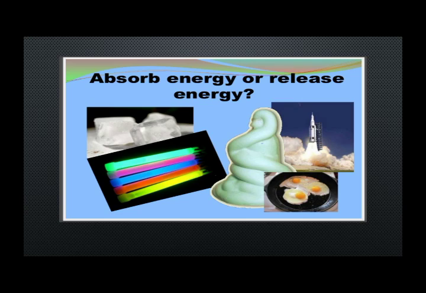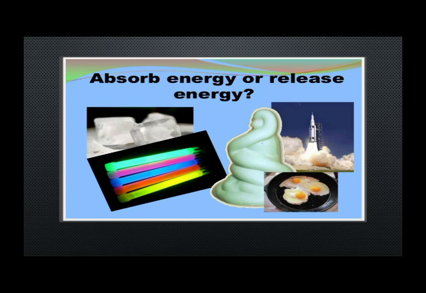You can see different types of chemical reactions present on your screen. For example, if you take the example of ice, if you put ice cubes on the dining table at room temperature, what will happen? These ice cubes are going to absorb heat from their surroundings and start melting, changing their state and converting into liquid from solid. So what is happening over here? They are absorbing energy. Similarly, you can see the picture of the frying pan with an egg on it. We are cooking the egg over here.